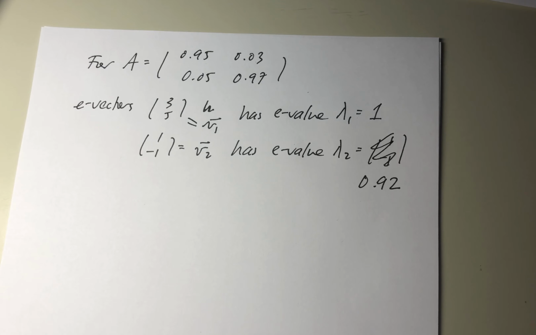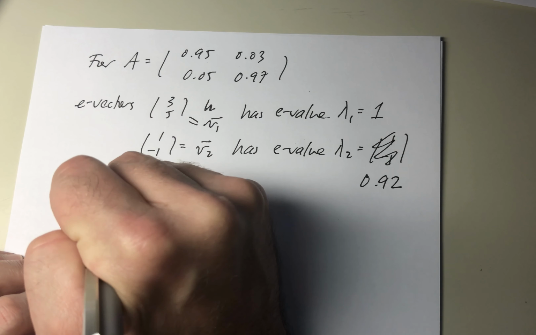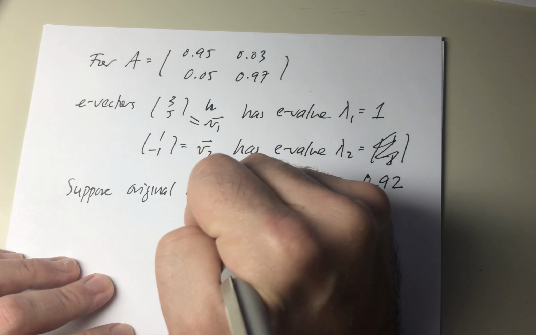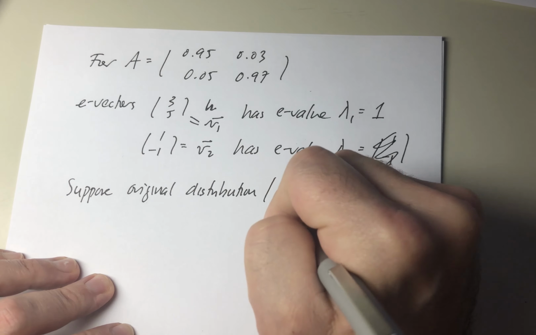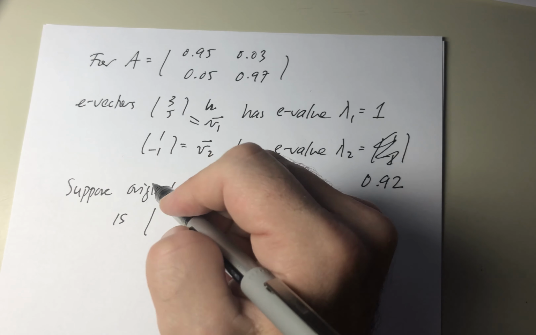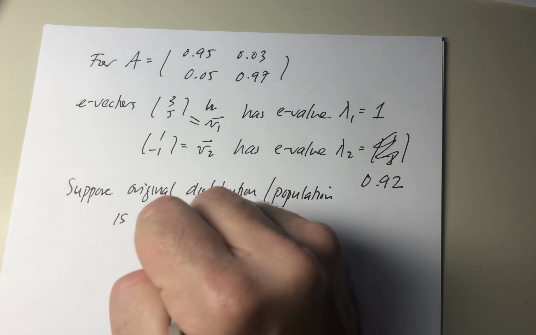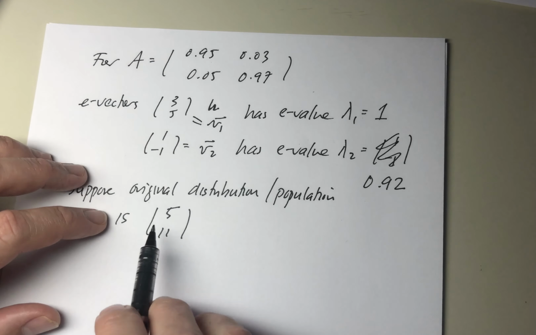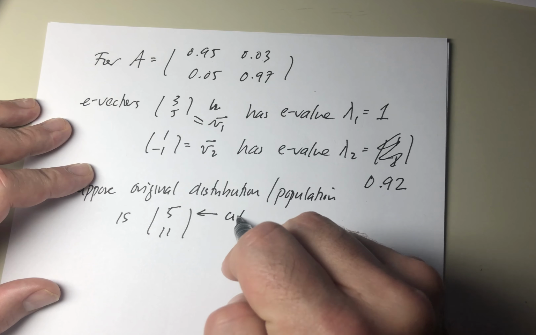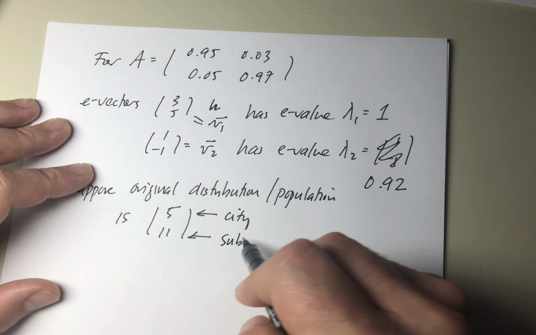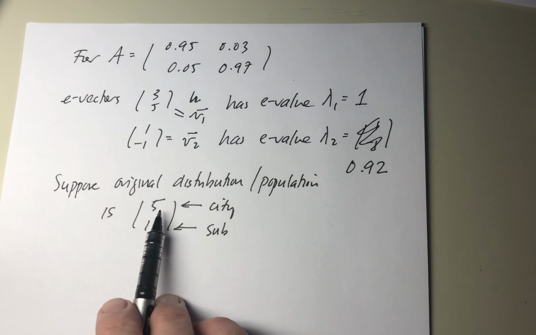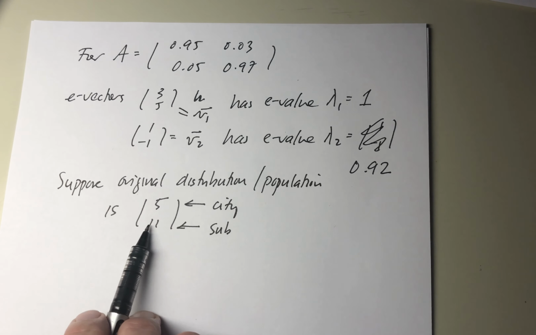Now suppose the original distribution of the population is given by, well, let me just write this a little bit artificial maybe, but (5, 11). So maybe this is 5,000 and 11,000. So again, remember our convention was the first was the city and this is the suburb. So just to keep the numbers kind of manageable, we'll just call it 5. But maybe that's 5,000, 50,000, like I said. But just to keep the numbers small, let's take it